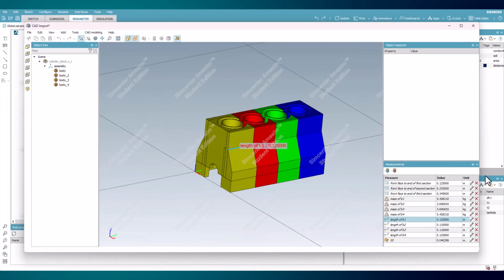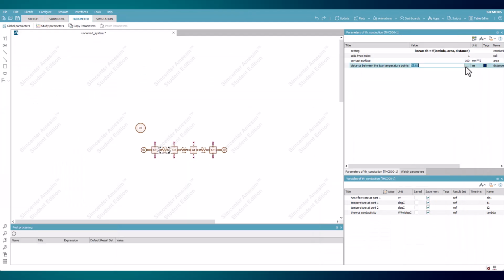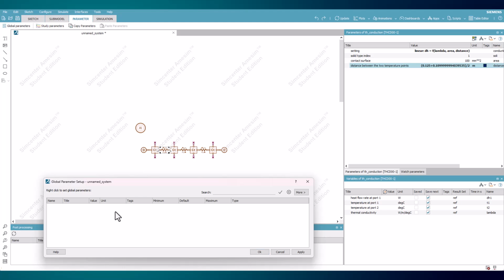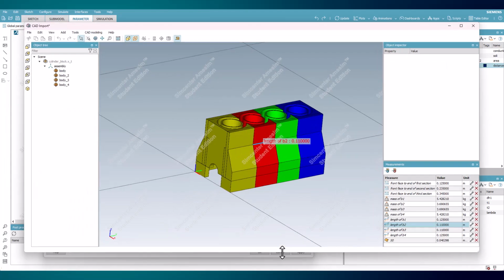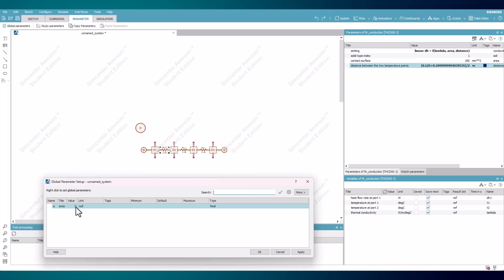These values can also be pasted into the values for global parameters as well, but again will not have an assigned tag automatically. And with you having all the needed parameters to complete the model, this concludes how to use CAD import with SimCenter AimSim, what tools are available to you within the Student Edition, and how to translate the information pulled from a CAD model to an AimSim model to be able to run the simulation effectively and get results based off of it.